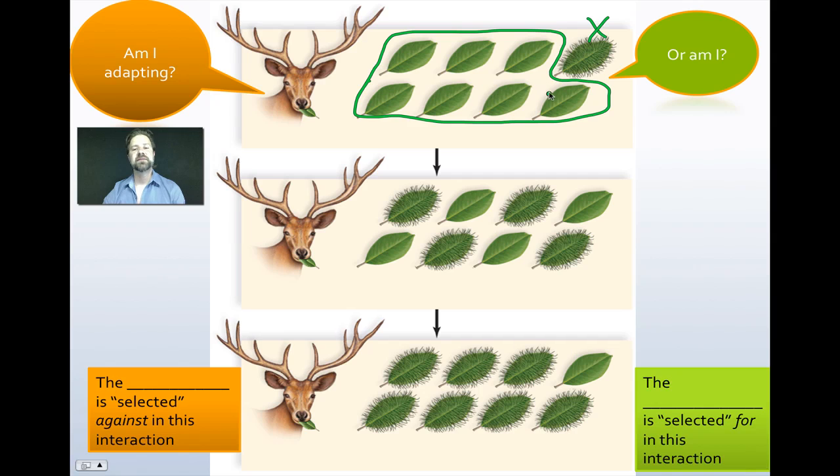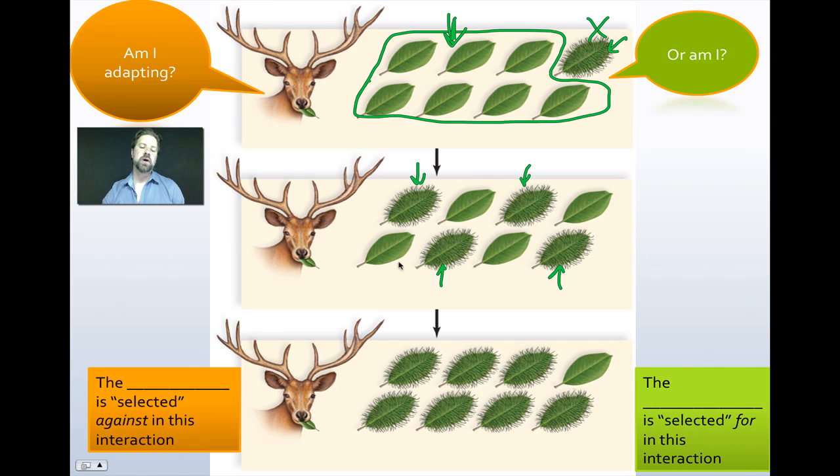So upon eating these leaves, it's also going to eat some of the reproductive structures that wind up budding off of the particular shrub. And in doing so, it gives the shrub less of a chance to plant seeds in other locations for more of this plant to come out. So by the deer eating what it normally does, it's decreasing the fecundity of this particular type of shrub, so its ability to reproduce successfully. So what that means is if it's avoiding this particular spiky leaf, the spiky leaf has no problem reproducing in other areas. So you're going to start to see more and more spiky leaf plants, and meanwhile the number of